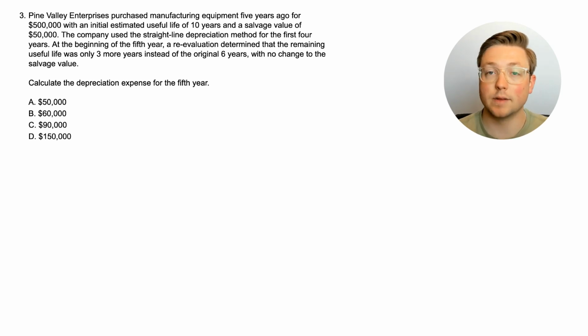So again, this is at the beginning of the 5th year, so 4 years have passed. 6 years is supposed to be what the remaining useful life is with, again, including the 5th year. But now they're reevaluating it to only have 3 more years, including the 5th year. So we have to calculate what the depreciation expense is that should have been recorded in the 5th year, taking into account that now they're reevaluating it as only having 3 more years left of useful life. So think about it. Pause the video if you want to think about the accumulated depreciation and how this all changes. And when you're ready, come back, we'll look at it together.